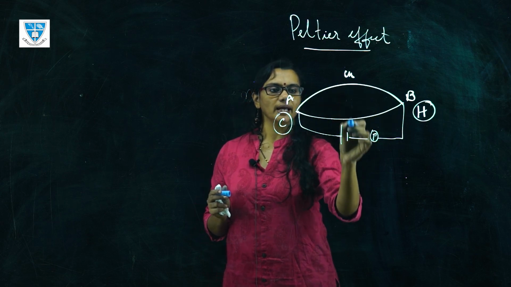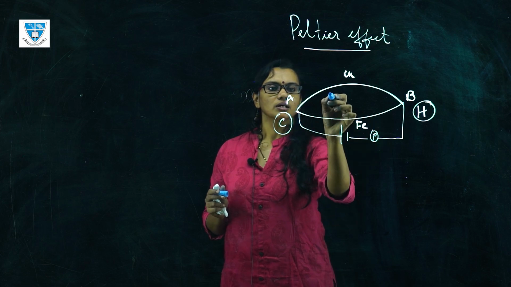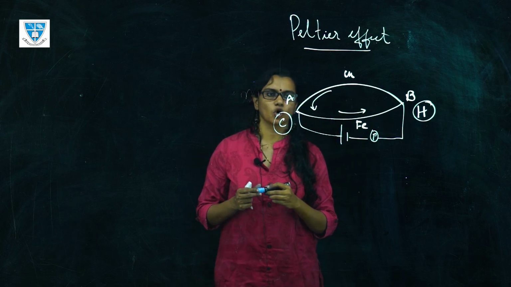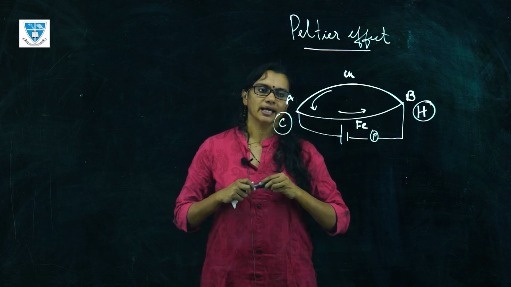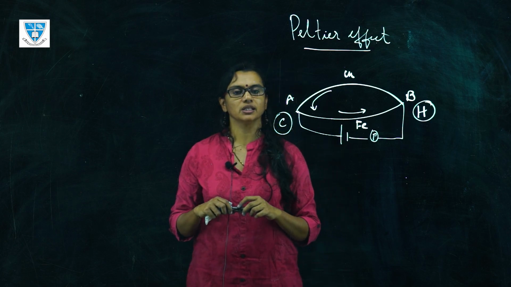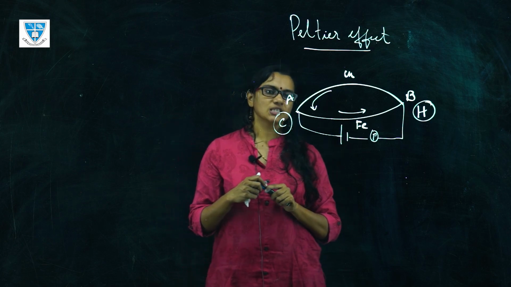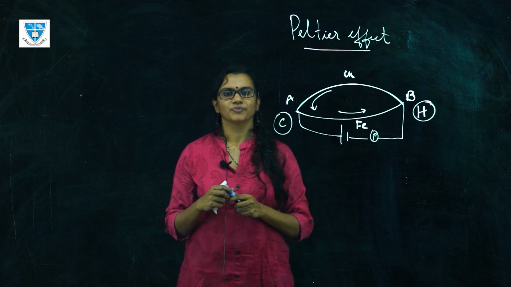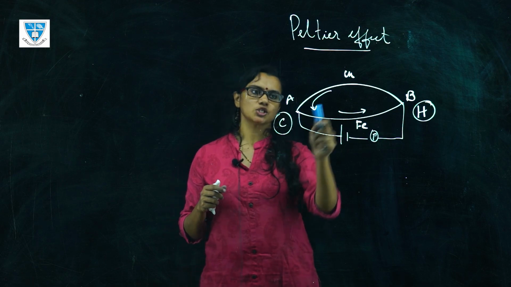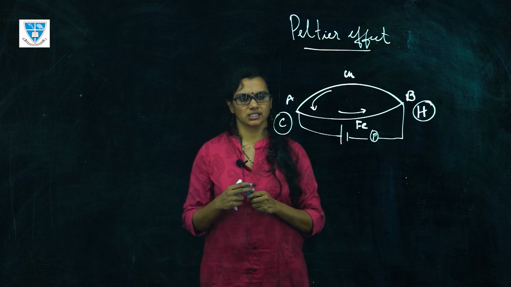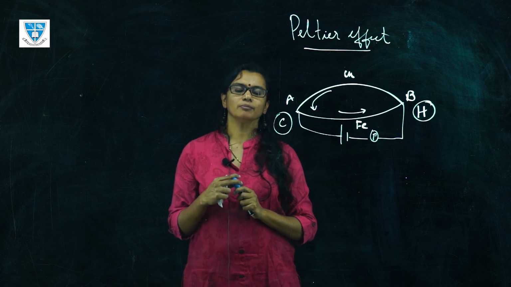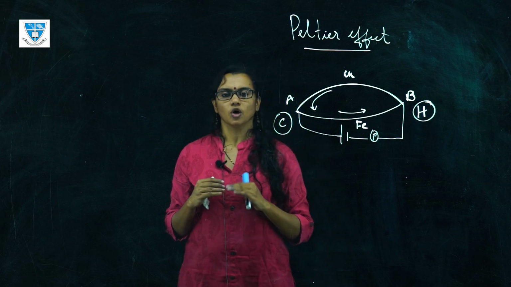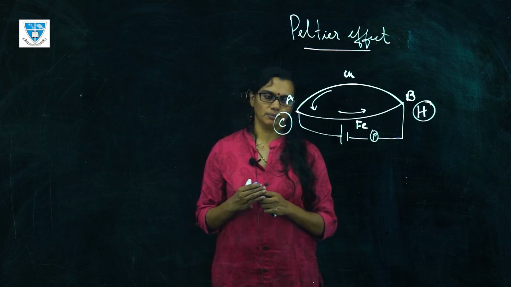Again, if it is copper and iron, the current in the hot junction flows like this, because of the potential difference, copper to iron. The junction which was cold in the Seebeck effect seems to be releasing heat in this case, in the Peltier effect, and vice versa. It is because of the inbuilt potential of the copper and the iron metal. So all these effects can be very briefly explained using free electron theory based on the Fermi level of the two metals taking part in the thermocouple.